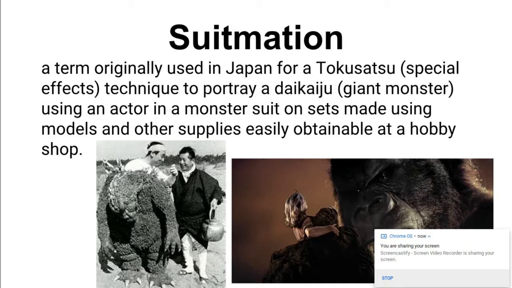Suitmation, a term originally used in Japan for a tokusatsu special effect technique to portray daikaiju, giant monsters, using an actor in a monster suit on sets, made using models and other supplies easily obtainable at a hobby shop. So suitmation is just the creation of a monster by a guy in a suit, and it can be mixed with